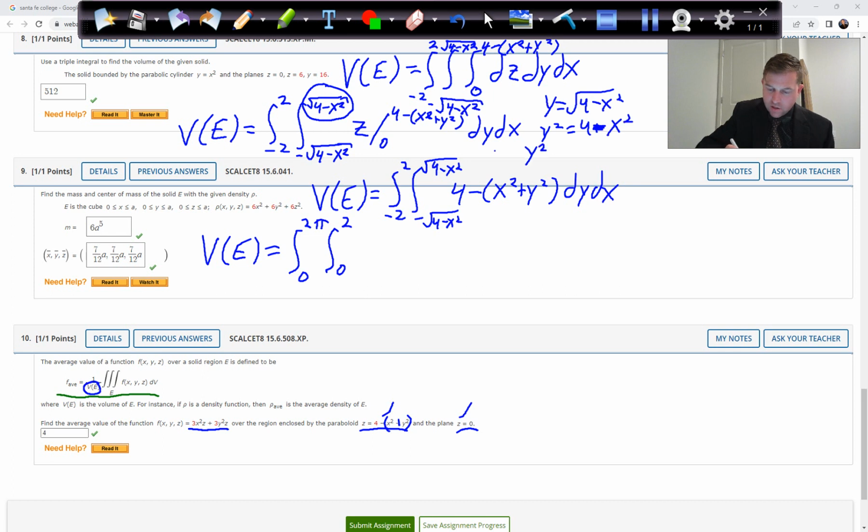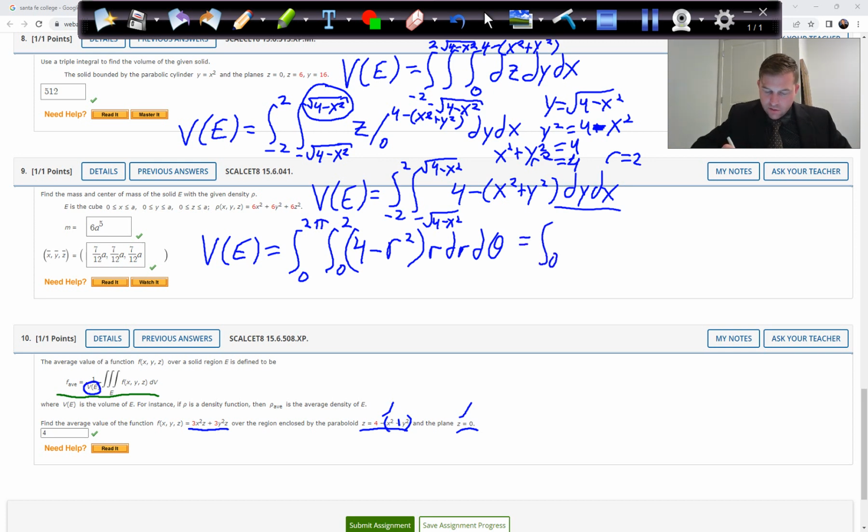Add x squared to both sides. This is saying r squared equals 4, or r equals 2. So r will vary from 0 to 2. Now we have 4 minus, this is r squared. And then dy dx will change to polar coordinates, which are r dr d theta,